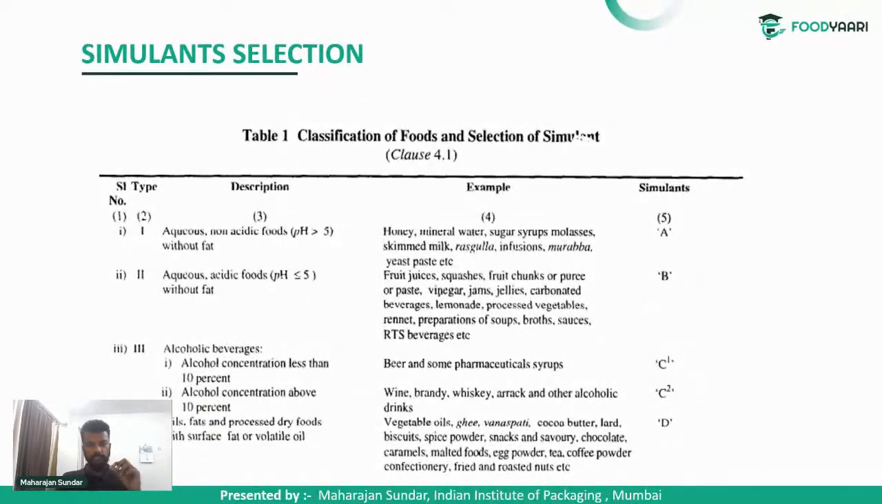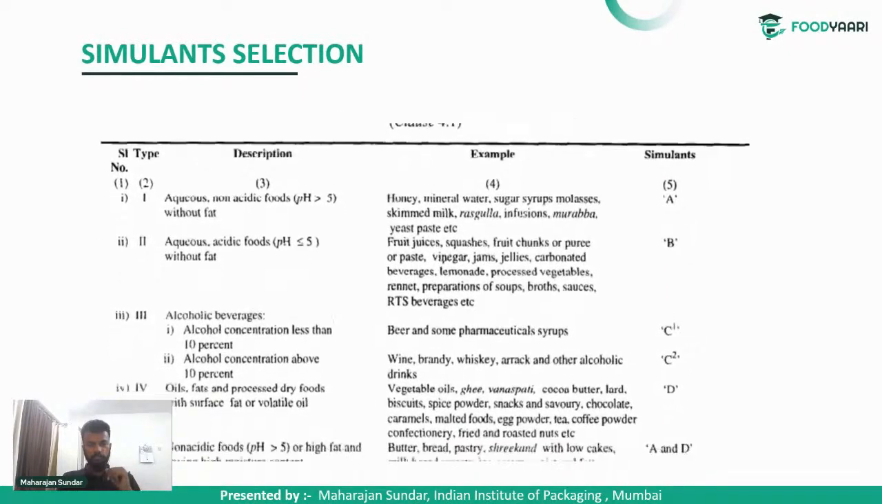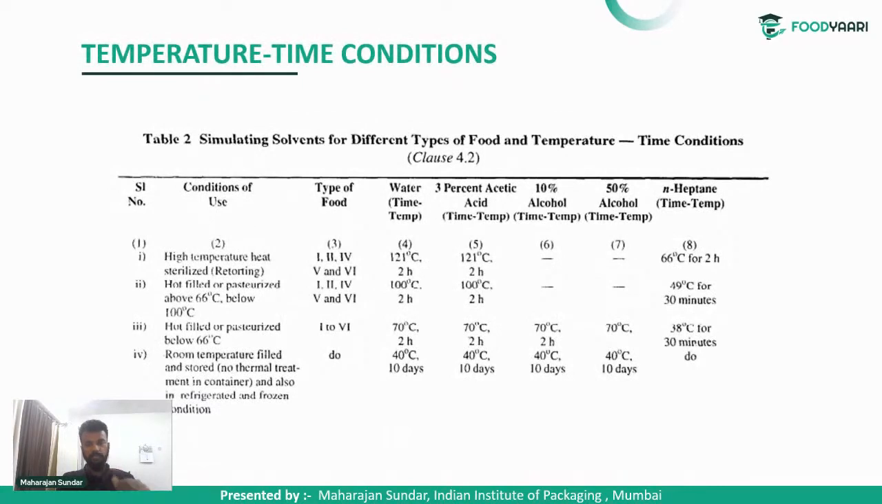if it is pH is greater than 5, simulant A should be used. Now consider here the simulant, the pH of the product is greater than 5. So that we have to use the water, distilled water as the simulant. The standard time temperature range is 121 degrees Celsius for 2 hours. So that, for example, if the percentage of